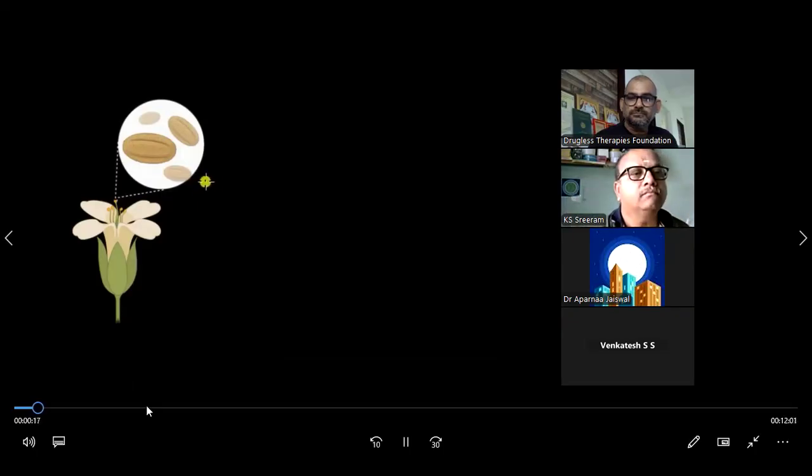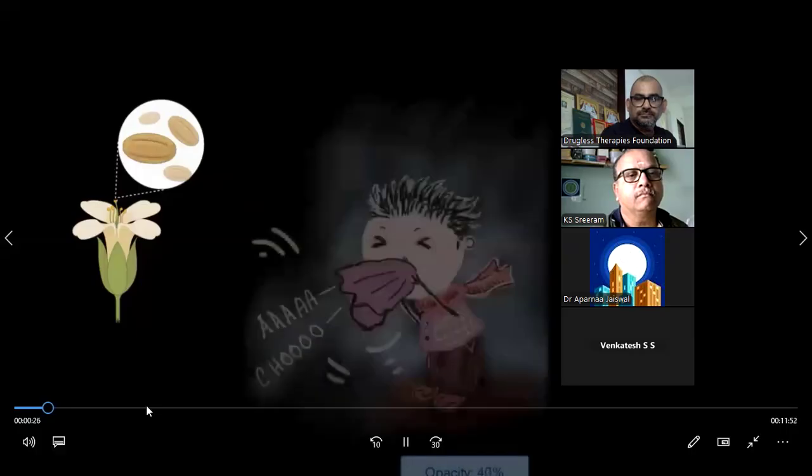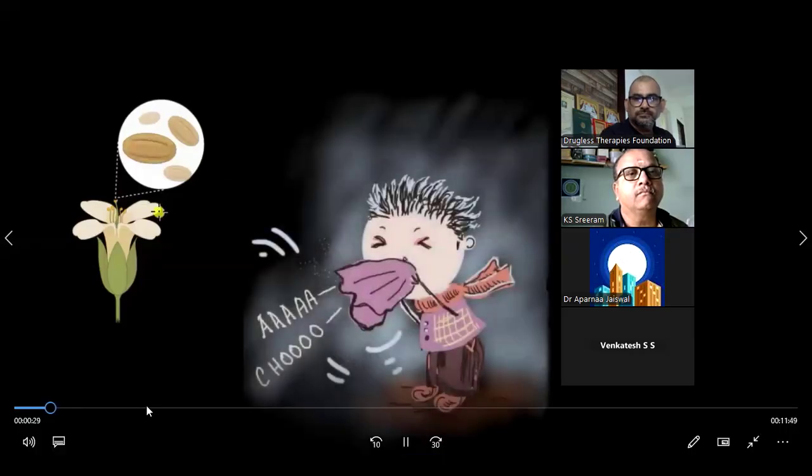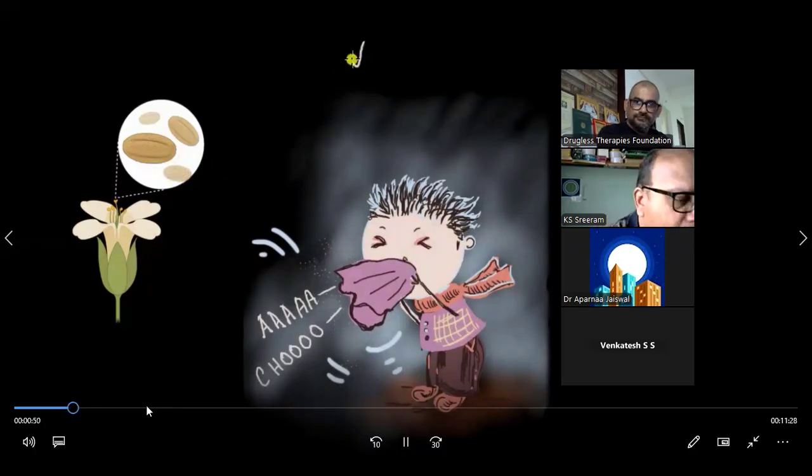Well, most of the time when the pollen enters, nothing actually happens. It doesn't affect our body. But in some people, like in case of my brother Ram, every time he smells a flower, he sneezes like crazy. And he also gets watery eyes, runny nose, and redness and swelling around his nasal area. Now, since Ram's body reacts in a very different way towards a non-harmful substance like pollen, Ram is said to have an allergy